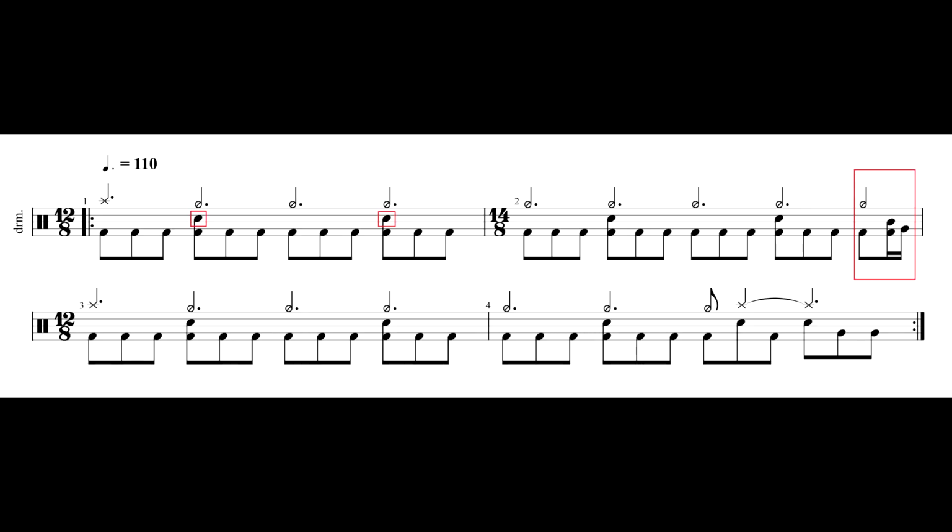If you ignore that part of the bar, we still have a bar of 12/8 there. We've just added an extra 2/8 notes on the end of it. So you could actually count those first two bars as 1 and a, 2 and a, 3 and a, 4